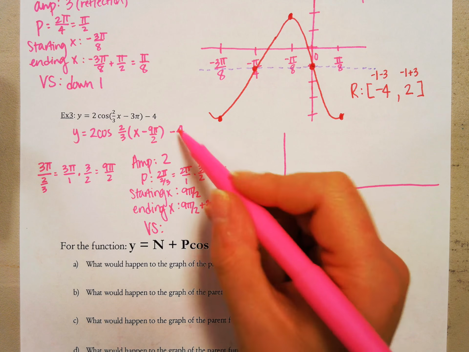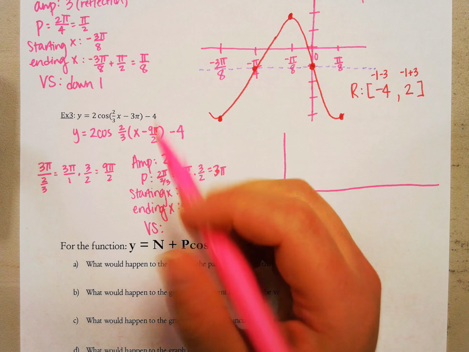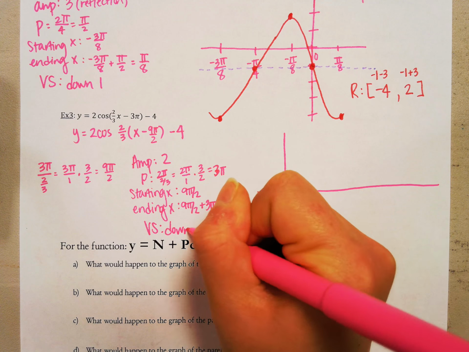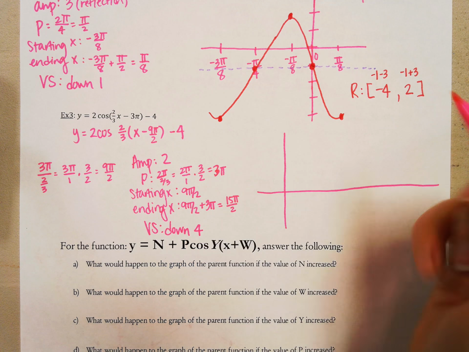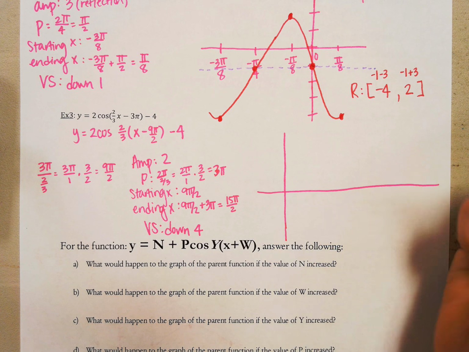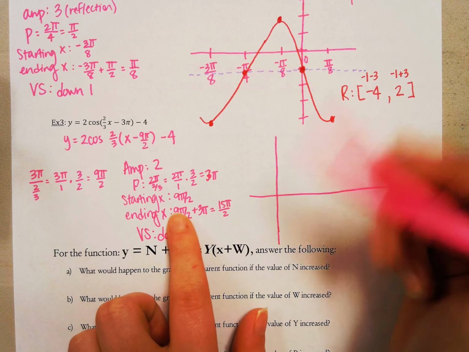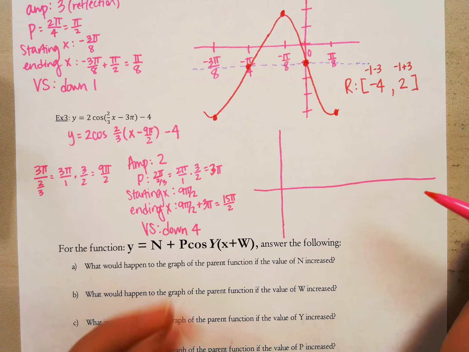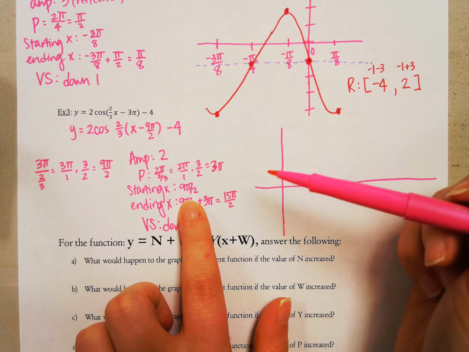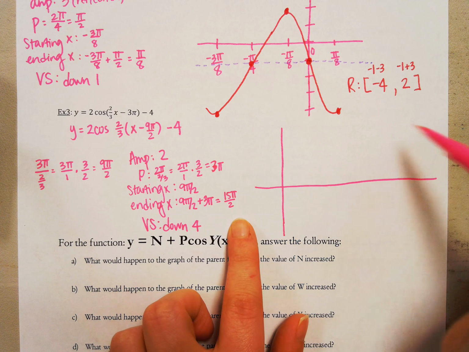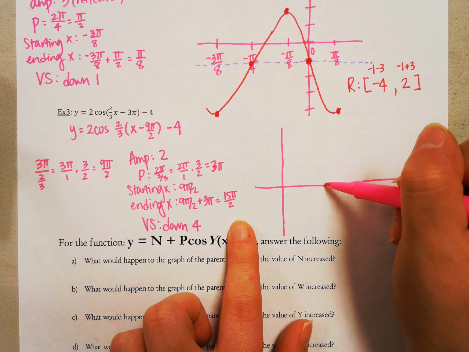In our vertical shift, we have this minus 4. We can't forget about that, so it's going to go down 4 units. So I'm going to start, so like this, I don't really care too much if you go to scale, but because 9 pi over 2 is kind of big and we're stretching out 3 pi, I'm going to start kind of over here a little bit